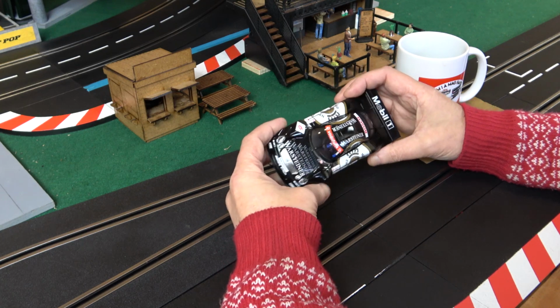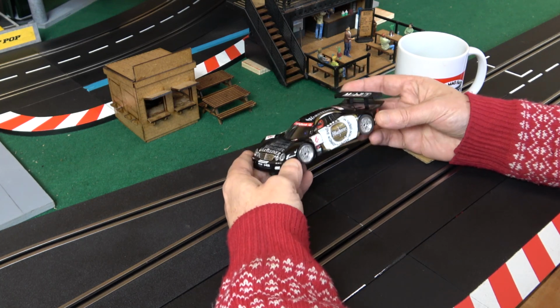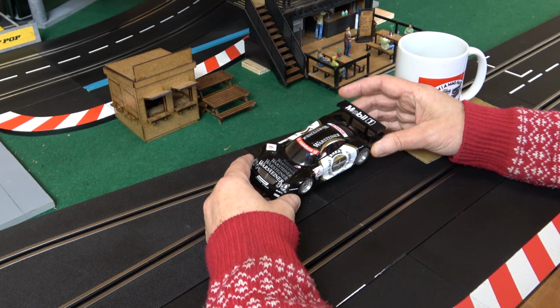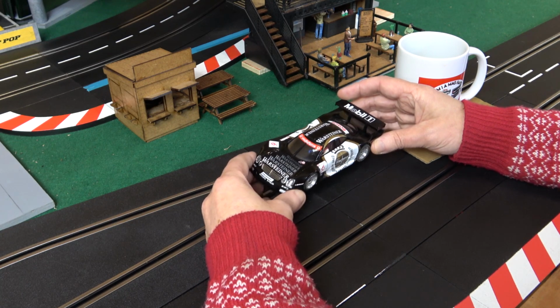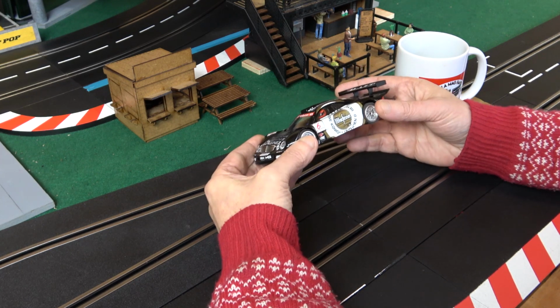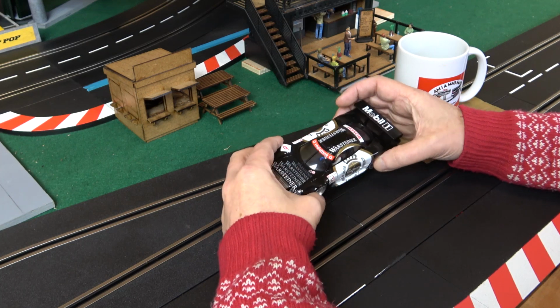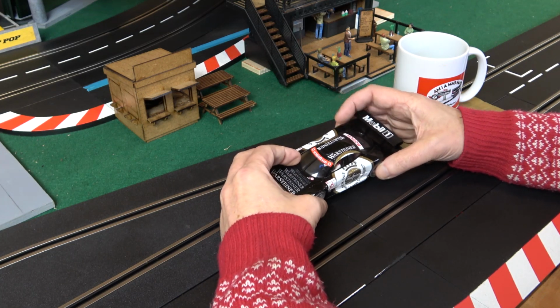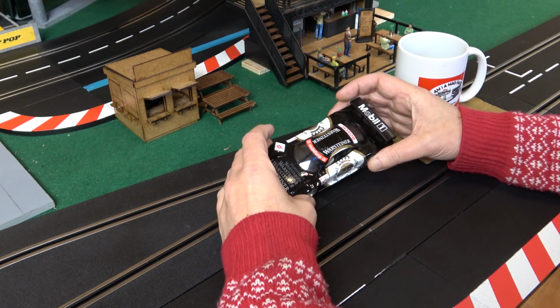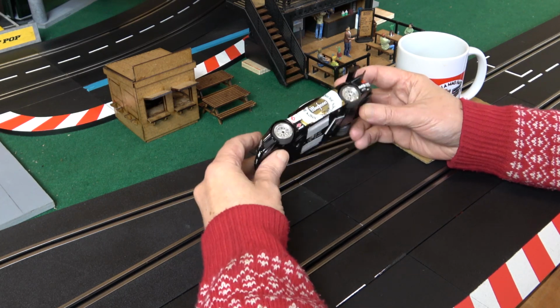I think part of the reason I think this should be a candidate for slot car of the year is because it shows something about Revo Slot. At the start of the year, their cars were good. But every now and then something would turn up and maybe a bit had fallen off in transit, and it took a while to get the gears to mesh nicely, and they could be a bit fiddly. I mean, brilliant, but a bit fiddly to get just so. But this